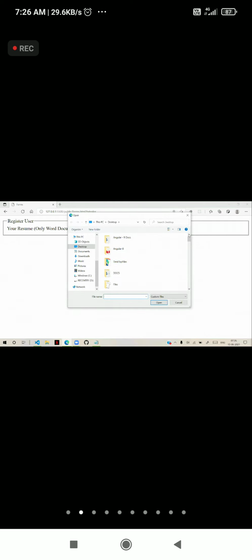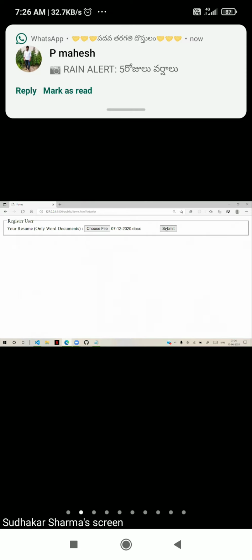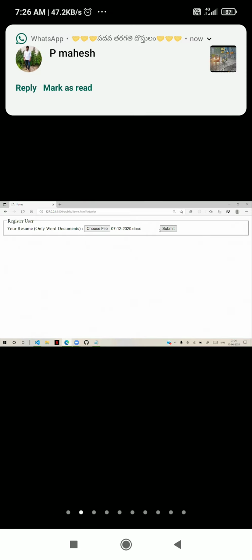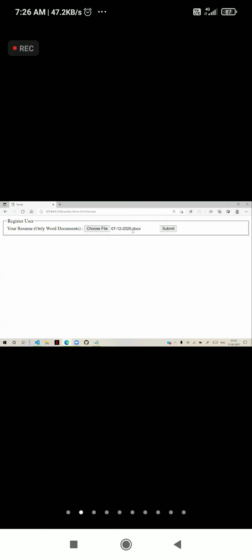You are just selecting a file. Don't think that it is uploaded. We have to put a button. On button click, we have to submit it. On submit, we have to collect its name, reference, and verify and finish uploading into the server.